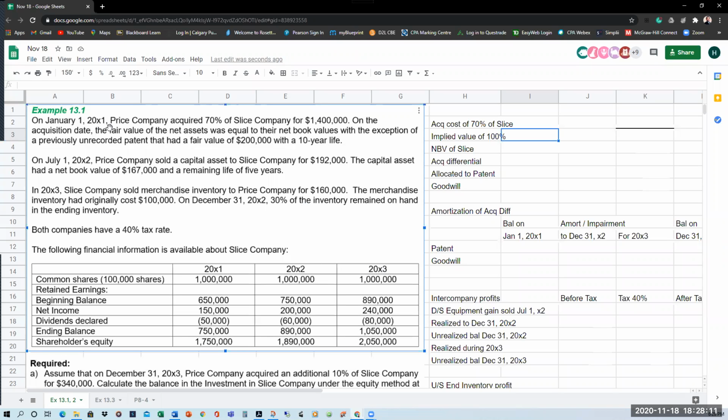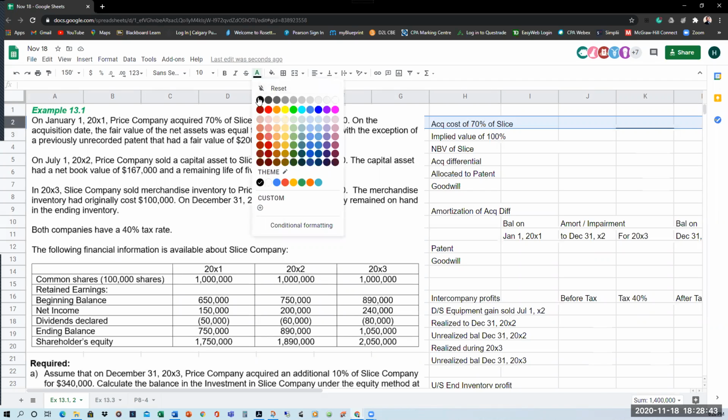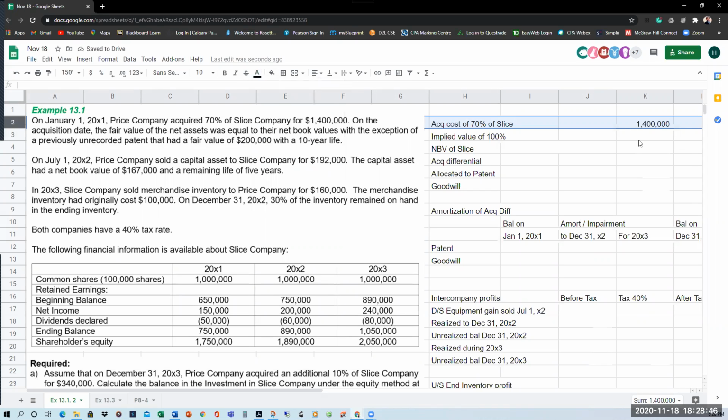On Jan 1st, 2001, Price Company acquired 70% of Slice Company for $1.4 million. On the acquisition date, the fair value of net assets was equal to their net book values, with the exception of a previously unrecorded patent that had a fair value of 200,000 and a 10-year life. So given that the acquisition cost is 1.4 million, we get an implied value of 100% of Slice as being 1.4 million divided by 70%,